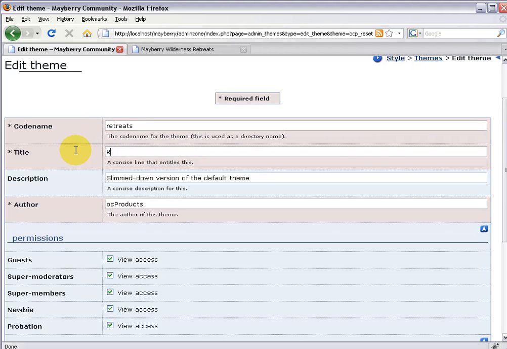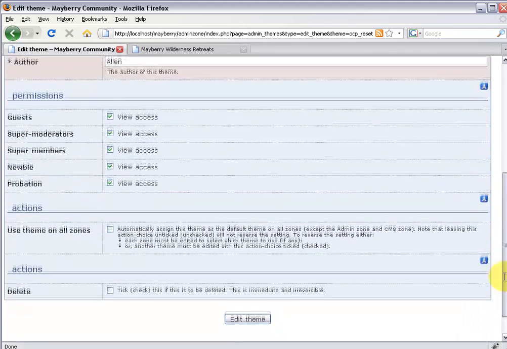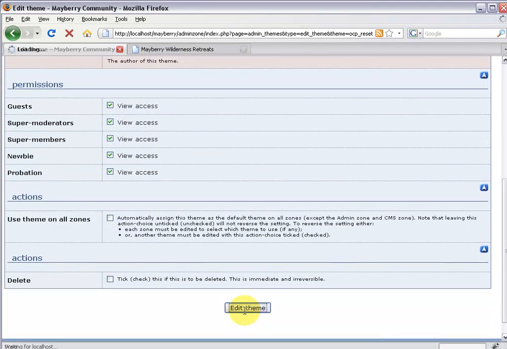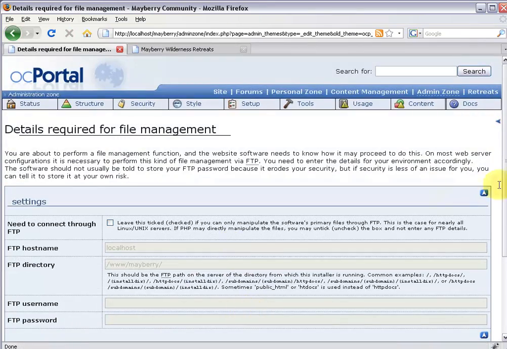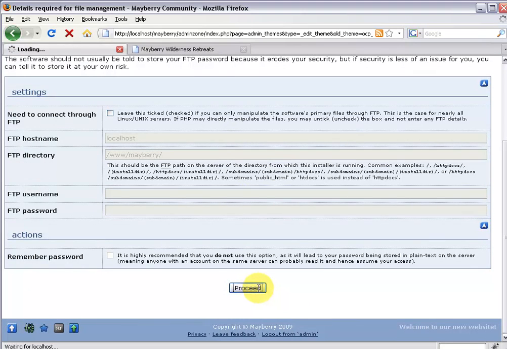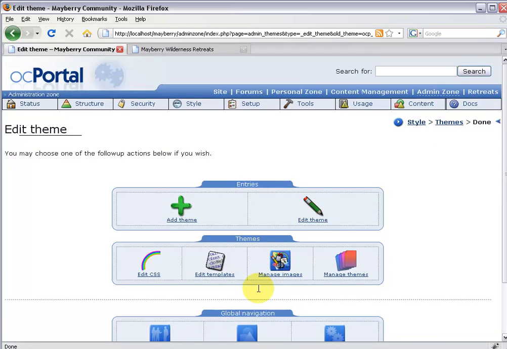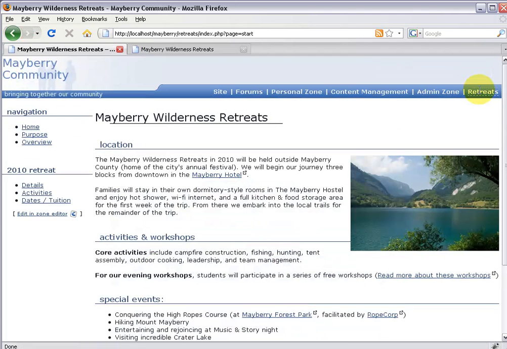And this is the Retreats theme. You can fill it out with all your own information if you like. And click Edit Theme. Okay, we are finished with that. Now, if I head into the Retreats zone, it still looks like the default OCPortal